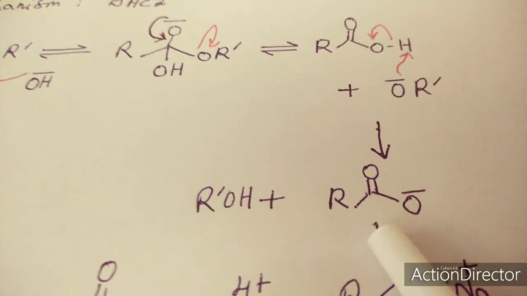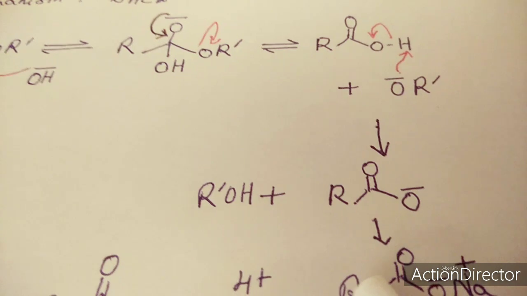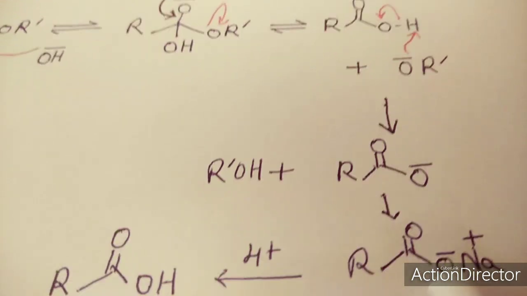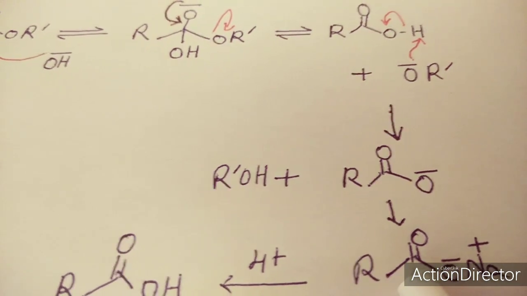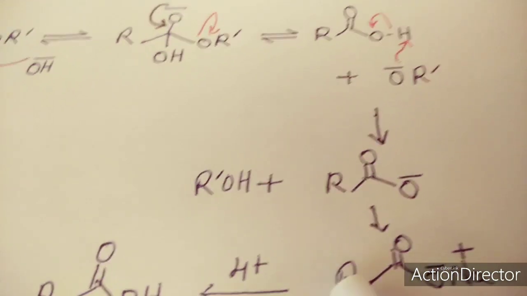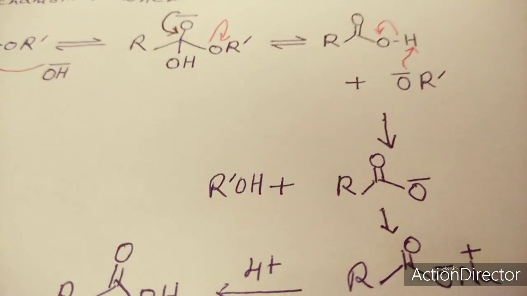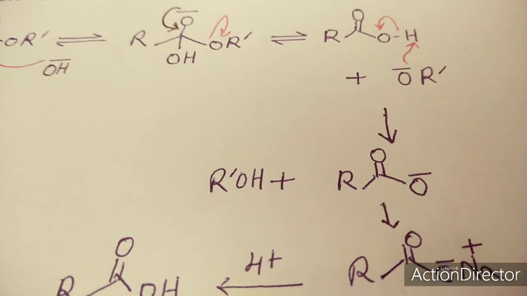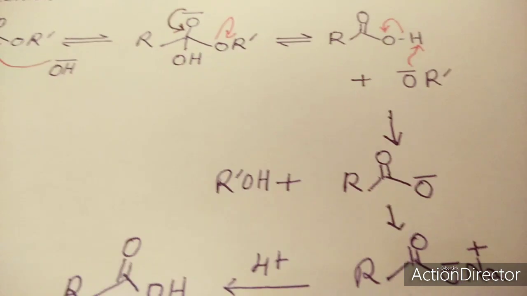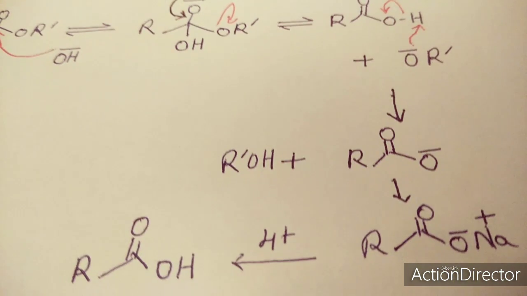This carboxylate ion, because NaOH, the base, is used, will form the sodium salt of the carboxylate ion. And this sodium salt can be converted into the acid by a simple reaction with a mineral acid. In the presence of H positive, this will be converted into